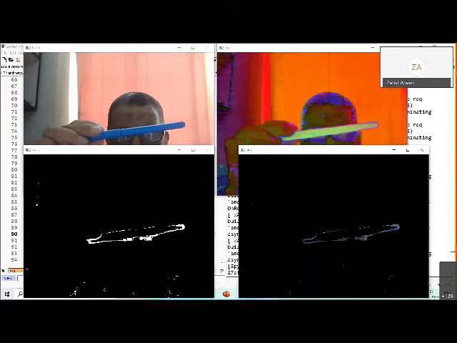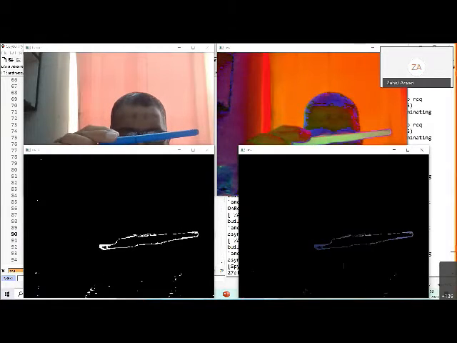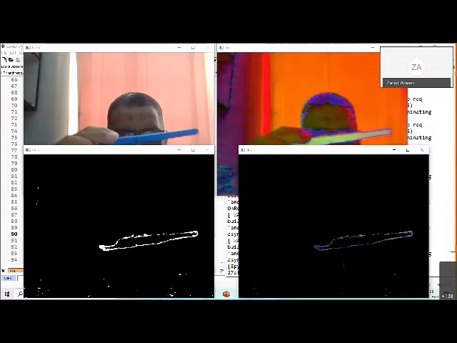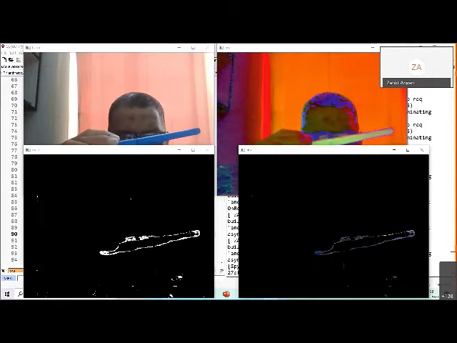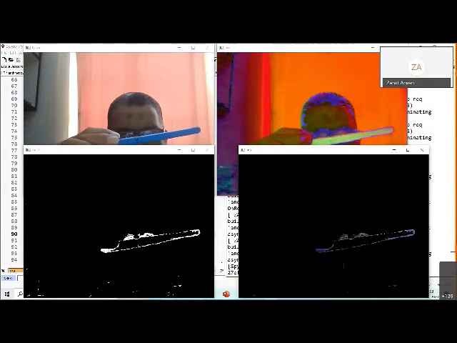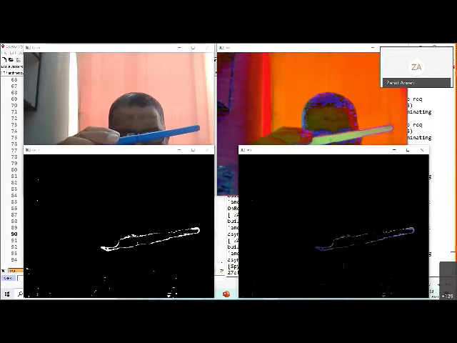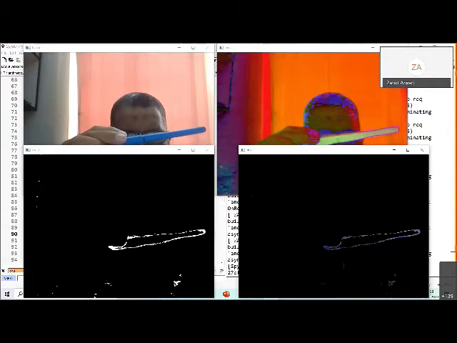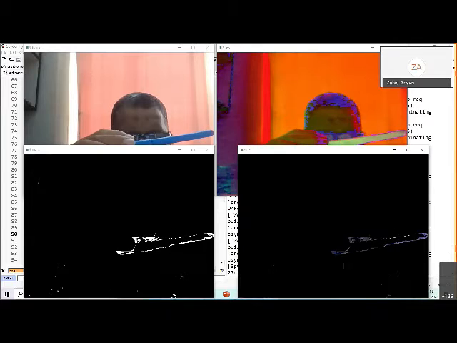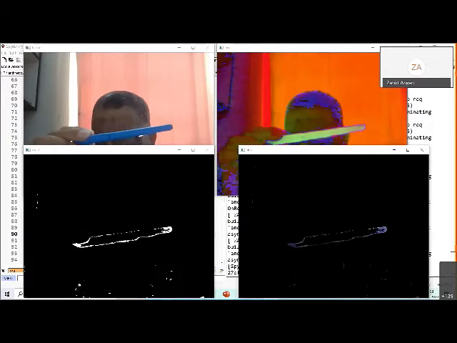So such interesting things you can do very easily using OpenCV by changing the color space, masking based on the colors, and then doing the bitwise operations and getting what you require. All this can be used for object detection and such things. Okay, I'm just coming out of it.